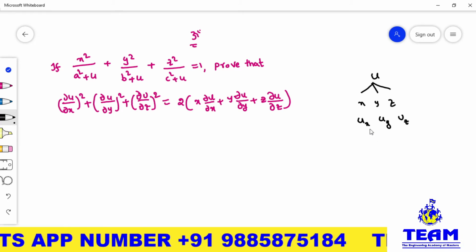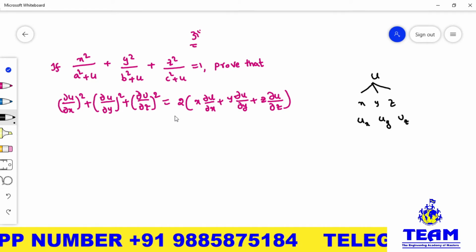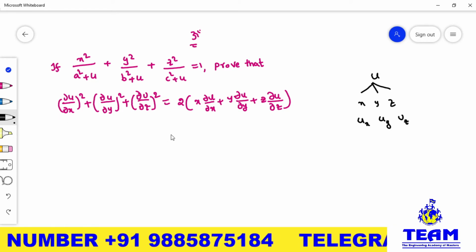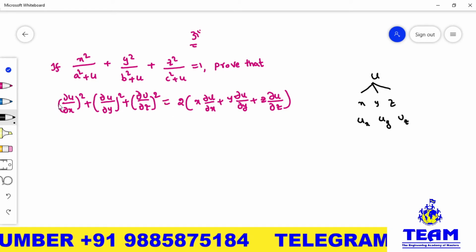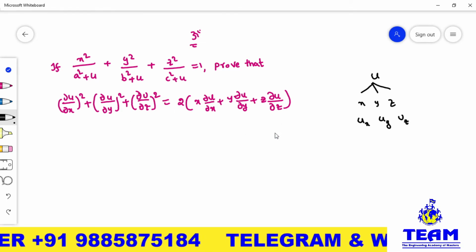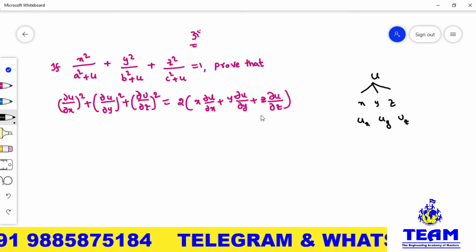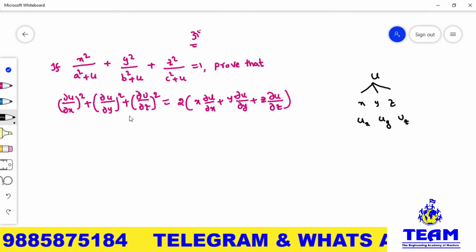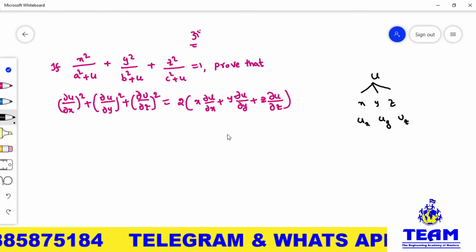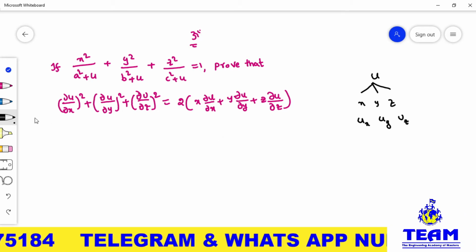Now actually, problems generally ask you to find a value. But here the value is given and we have to prove it, meaning we have to prove LHS equals RHS. So friends, if LHS comes to, suppose, 10, RHS also we have to get as 10. Then you can say LHS is equal to RHS. Remember. Now I am writing the given problem first.